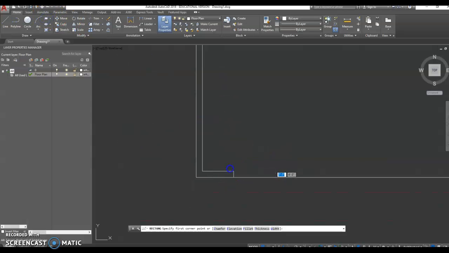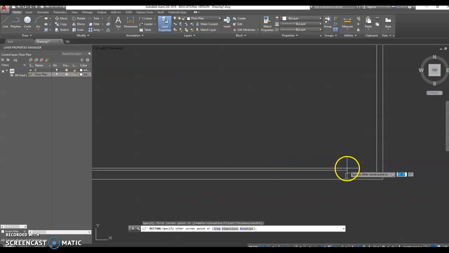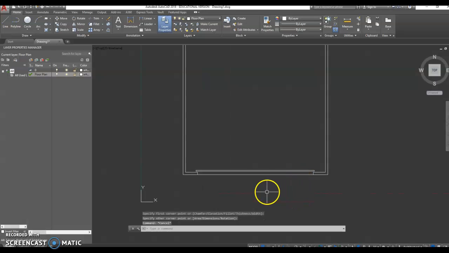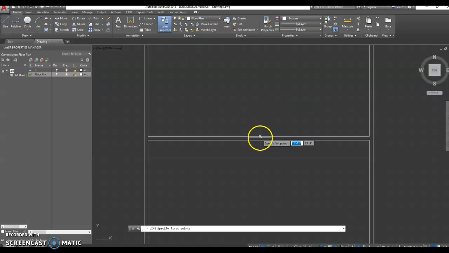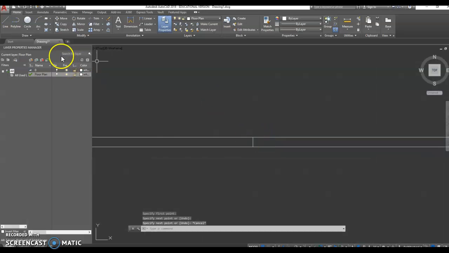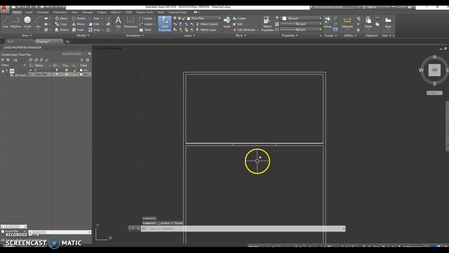I'm going to draw a garage door using the rectangle. That looks good. Now I'm going to put a double door here. So I'm going to put a line at the midpoint. Now I'm going to offset it 3 foot each direction. Get rid of this one. I'm going to do a TR, double tap on the enter,